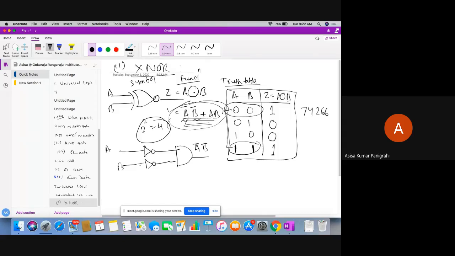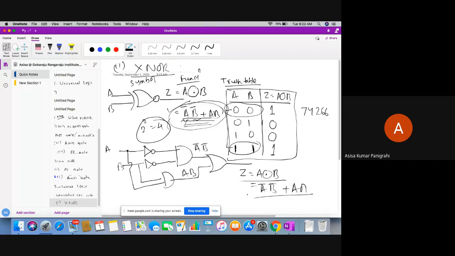Then I take B and A, AND gate to get AB, and finally I do the OR operation between these two to get Z, which is A XNOR B, also A bar B bar or AB. Did you all understand, students, how I have designed the equivalent circuit of the XNOR using basic gates only, AND, OR, NOT?